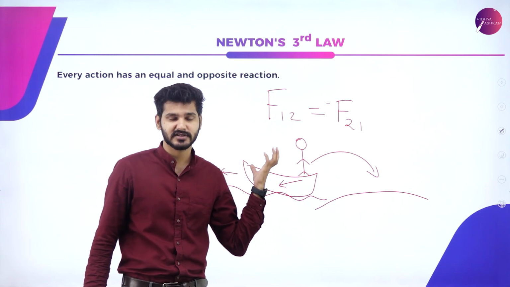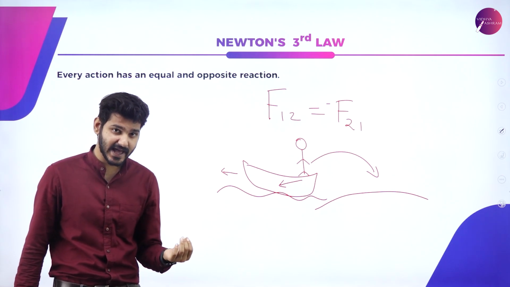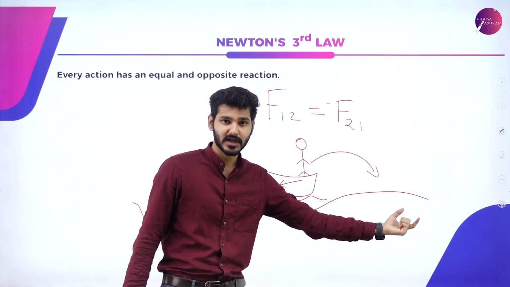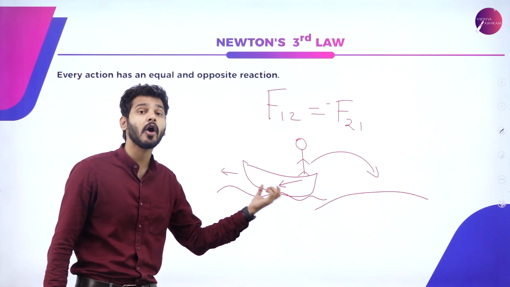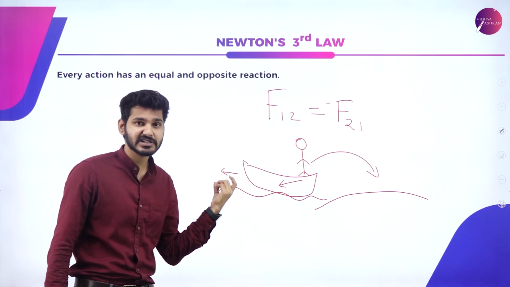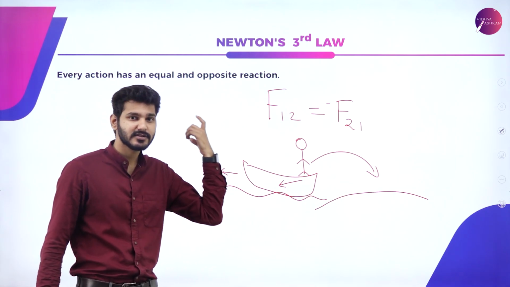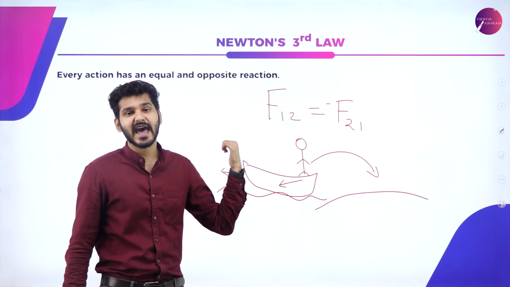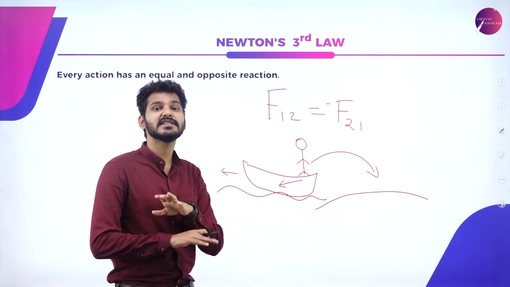I don't understand it. What does this have to do with Newton's third law? Newton's third law actually states that for every action, here the action is jumping forward, there is an equal and opposite reaction. So here the opposite reaction is the boat going backwards. The action was going forward, but the boat went backwards. So that combined effect, a pair of equal and opposite forces, is known as Newton's third law. This is visible everywhere.